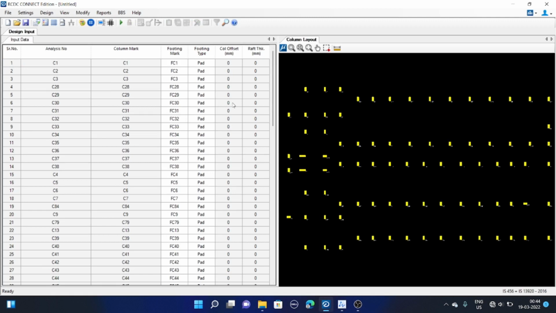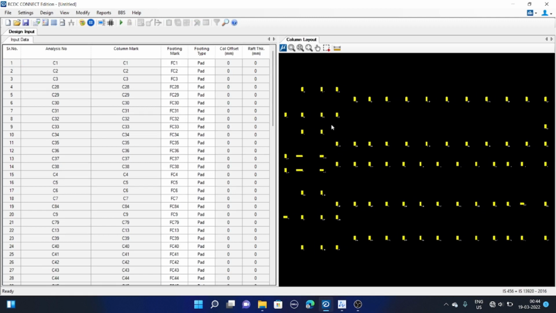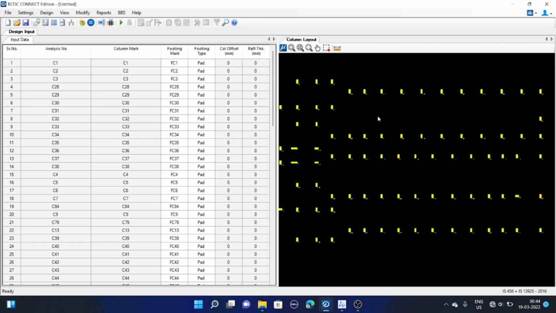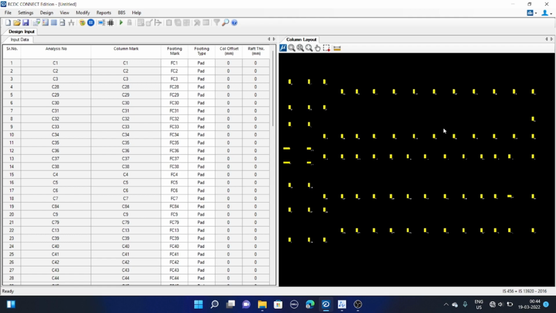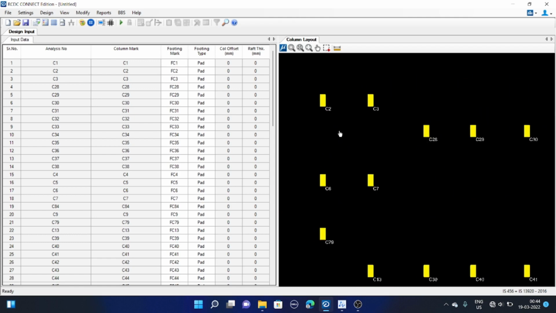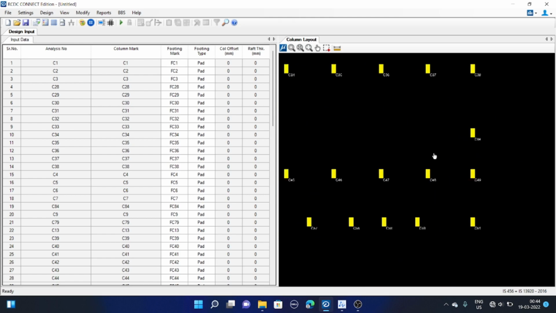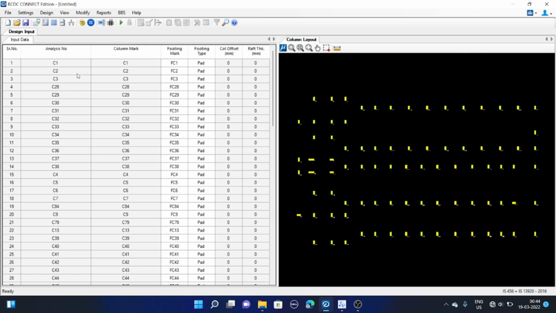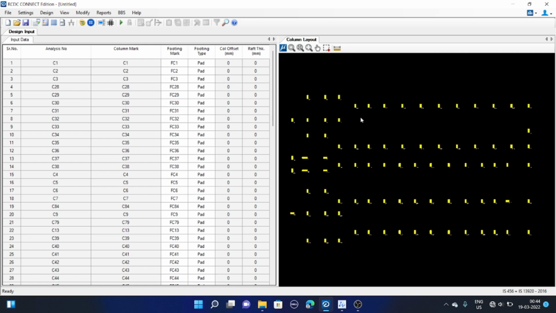As you can see, we have imported the MDB file successfully, and the column layout for our project is showing the column numbers. Now we have to define some parameters. You can see here the column numbers